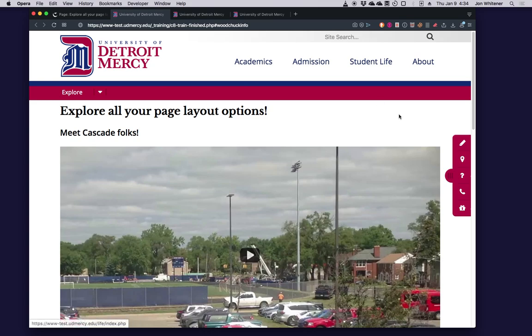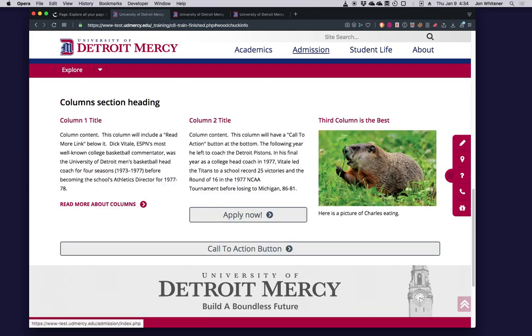Hopefully it looks good. But the point is it will jump us down to the section I put that anchor ID on. So I'm going to hit enter now. There it is. You can get people directly to the section you want them to see.